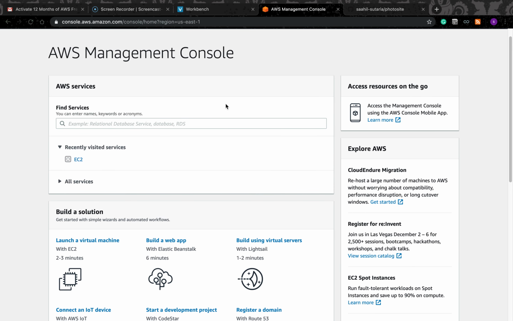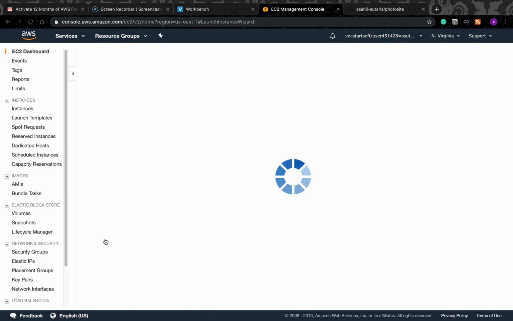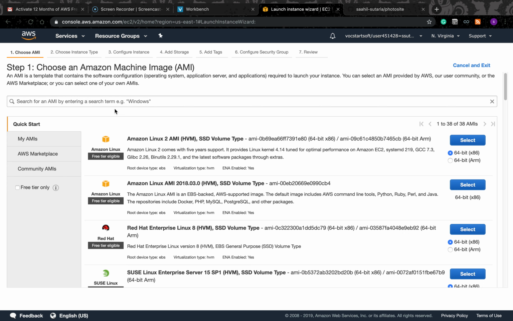Hello everyone, my name is Sahil and this is the video representation of the Photosite website running on an EC2 machine. So first, let's launch a virtual EC2 machine, and we'll be using Ubuntu as the server. So Ubuntu,